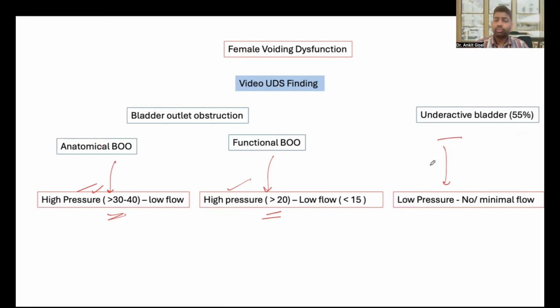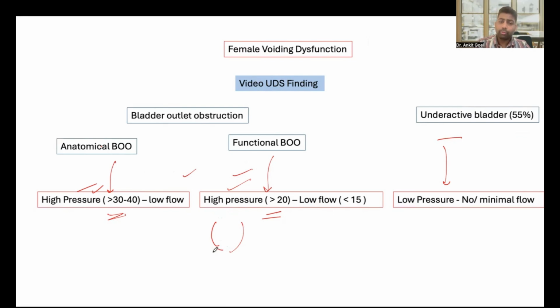Underactive bladder, as the name suggests, there would be low pressure, detrusor contraction will be less, and so there will be no or minimal flow. So you can differentiate them based on the video urodynamics. Now, how do you differentiate the different types of anatomical obstruction? As I said, based on the examination findings, based on your clinical suspicion, and on the video urodynamics,